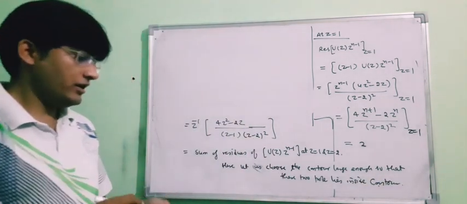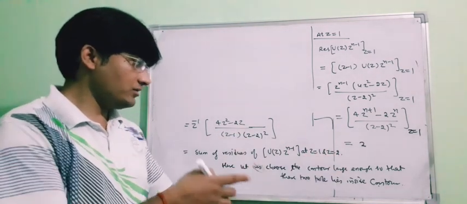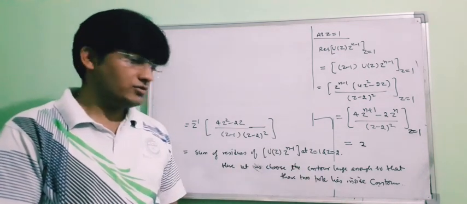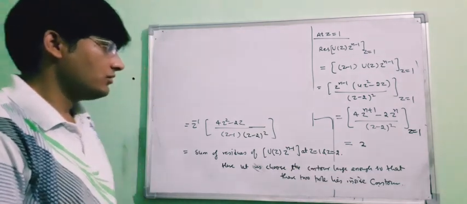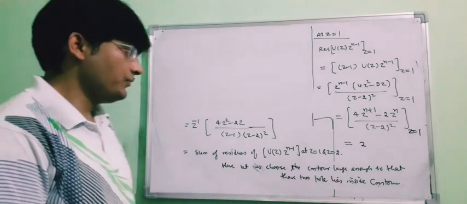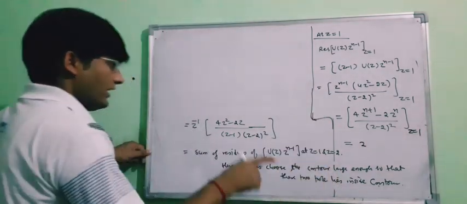Please note that here we are assuming that these two poles lie inside the contour C. So we are choosing the contour large enough so that it contains both the poles. So we have taken a large enough contour and assuming that these two poles are inside C. So at z equal to 2,